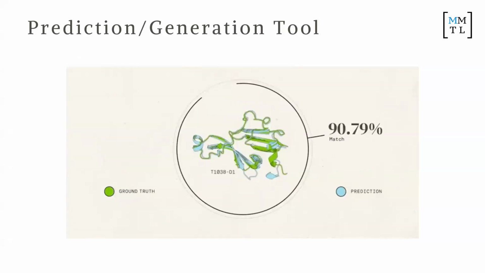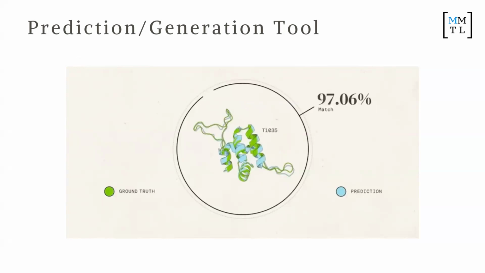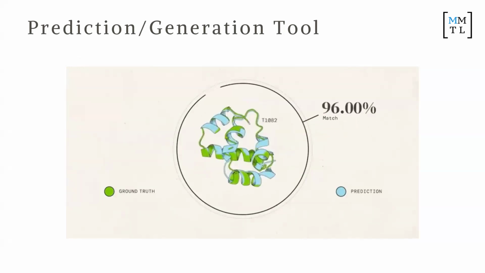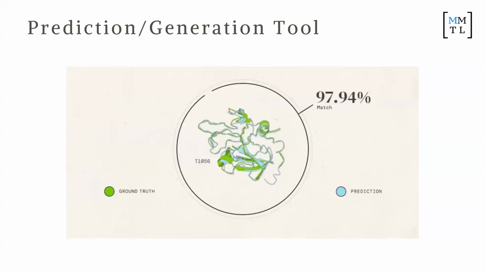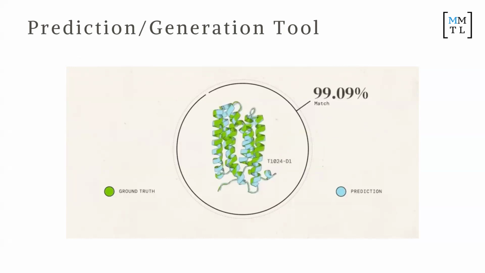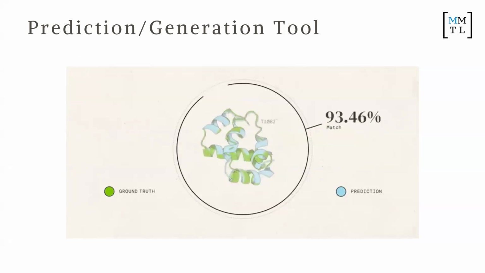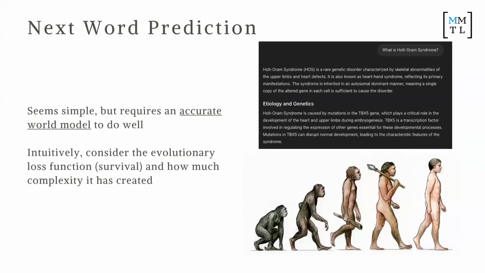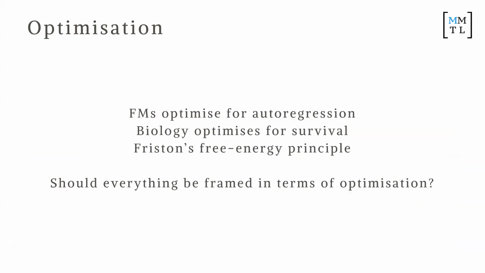But we can also use it to predict what biology looks like. Thinking more medically now, we can use it to predict what proteins look like, whether drugs actually match specific ligands, whether a drug actually meets certain biology, whether we're hitting the right genes in certain therapies. Now, the second concept is that it's a very powerful optimization tool. We talked about this before, but network prediction is surprisingly powerful as a function, despite being such a simple mathematical function.